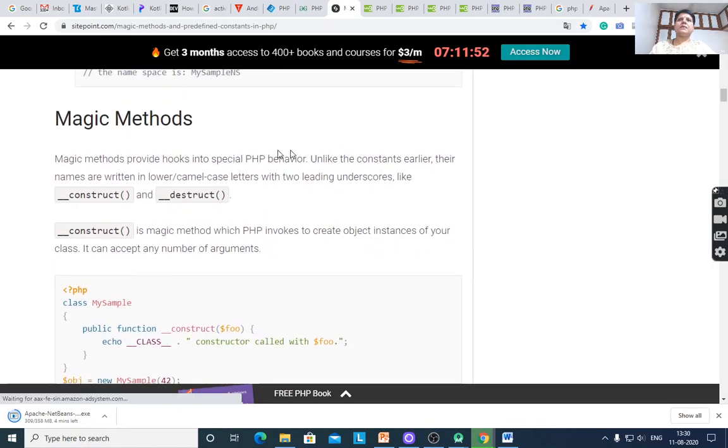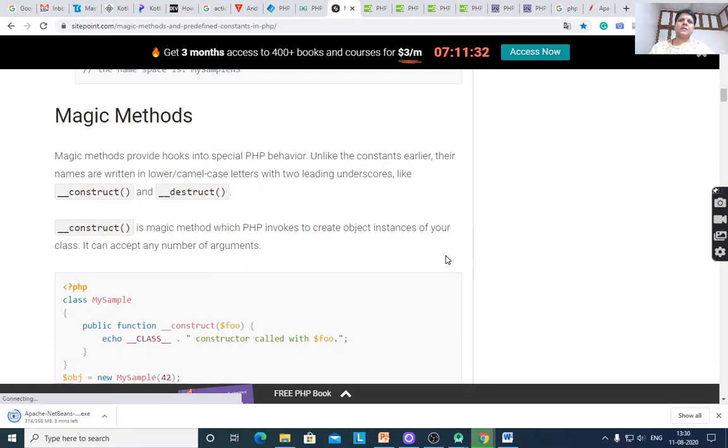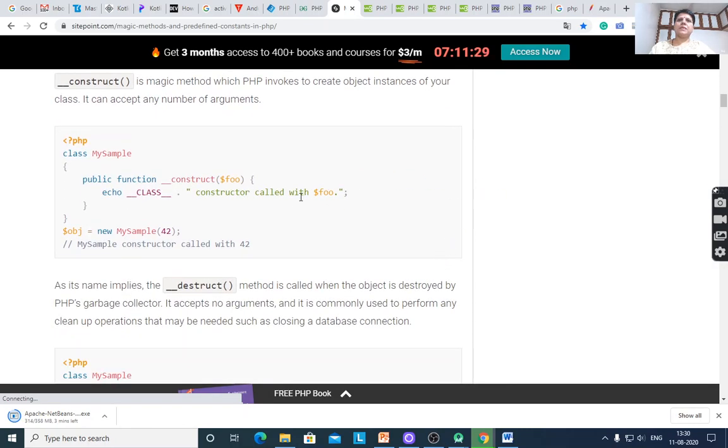Magic methods, that is construct and destruct. Whenever an object is created, memory is allocated for the object. That is construct, and deallocating memory is destruct. Construct is a magic method which PHP invokes to create object instances of your class. It can accept any number of arguments.